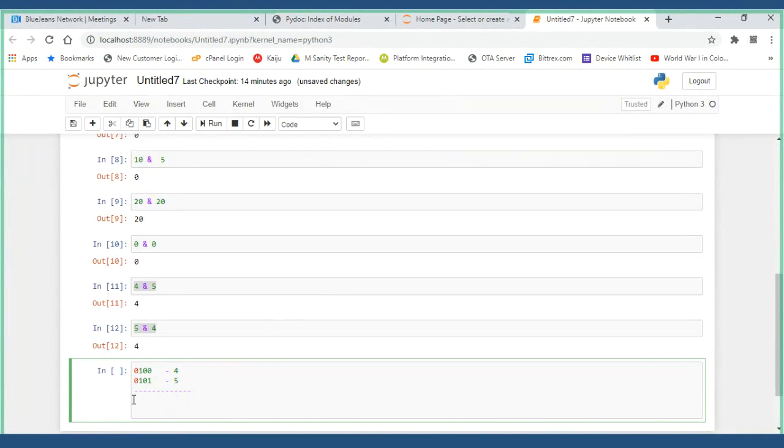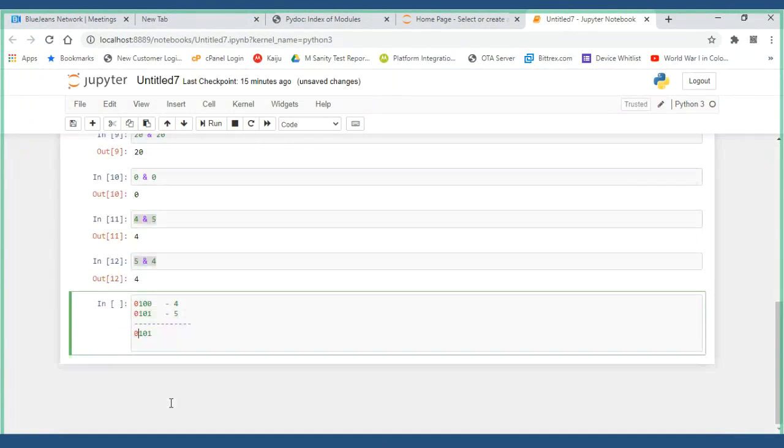Now tell me 0, 1, what will you get? 1. 1, 0 gives 1. 0, 0 gives 0. Next 1, 1 gives 1, then 0, 0 gives 0. So what is the value? 5. Let us see whether we'll get 5 or not.